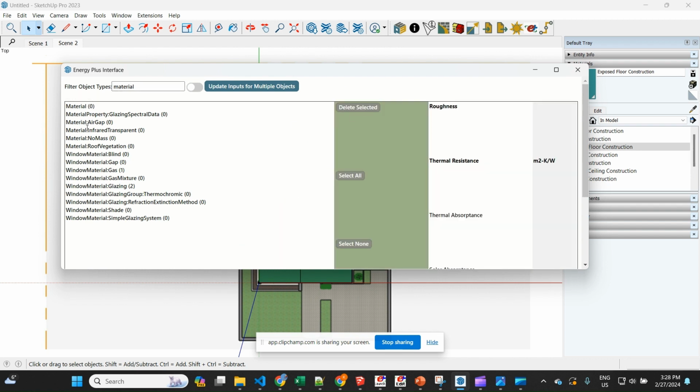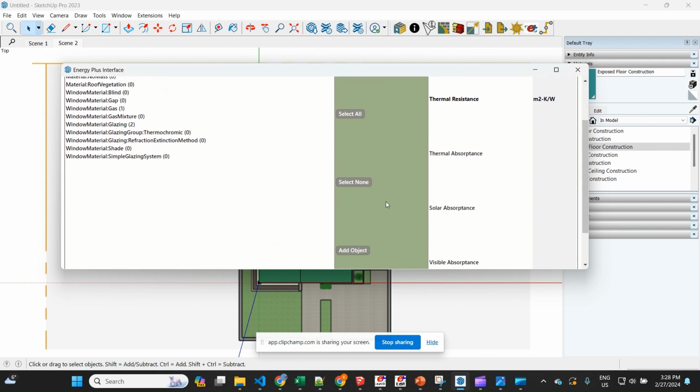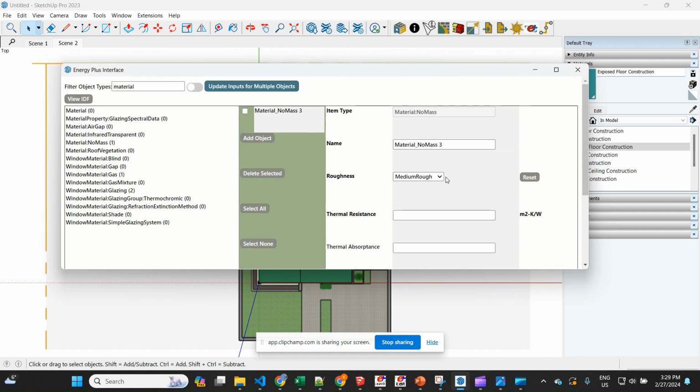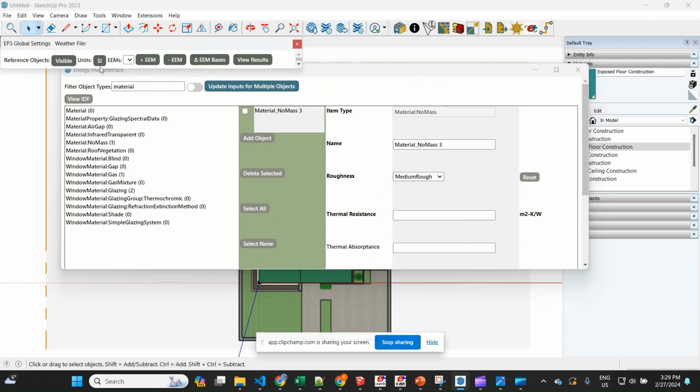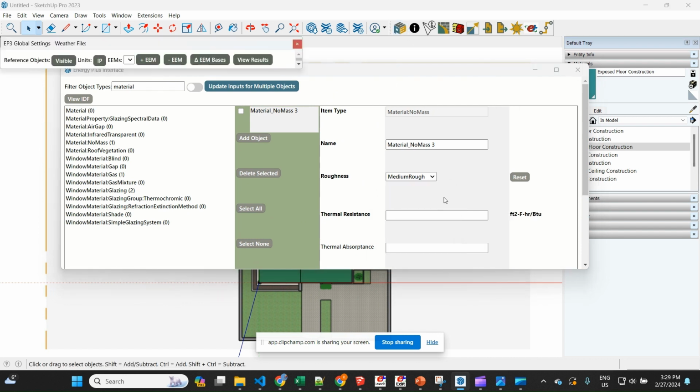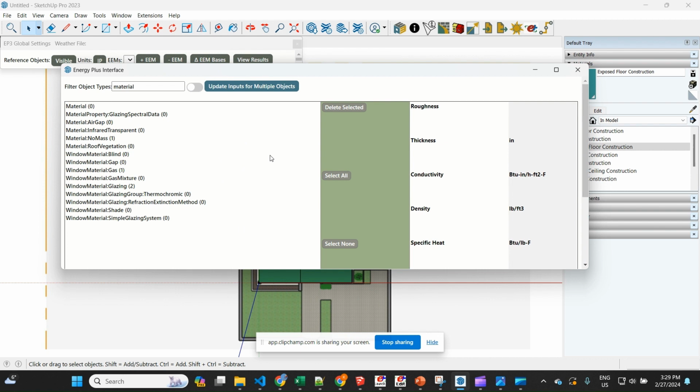We click on any type and then go down to add object. We can create an object here. We can also toggle back and forth with our units. So if you're more familiar with SI units, we could say thermal resistance and call this R20. However, we're often